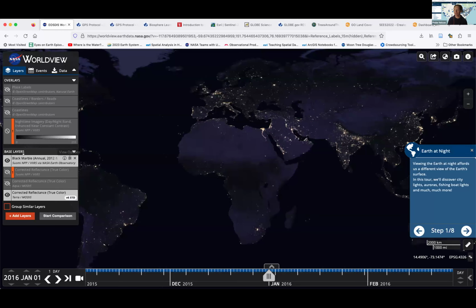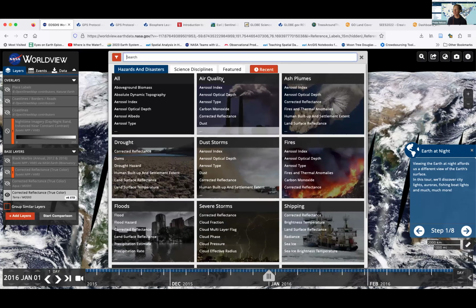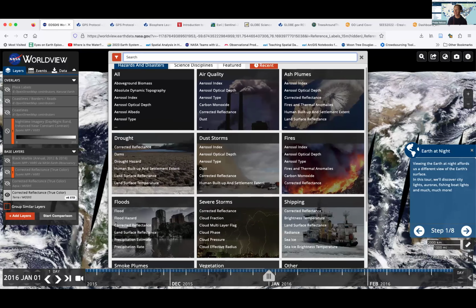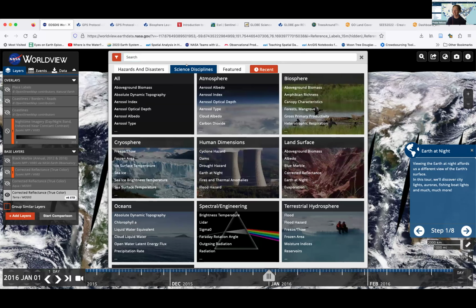So, these are some of the places where you can go and you can find out what data is available out there. And one that I want to start off and highlight here, you'll see, there's just a lot of different options. So one thing you can always do is go into the science disciplines, and you can see that when we're talking about biosphere, there is a lot of information, including numbers that tell you how much carbon is in an area, or describing the tree canopy itself.